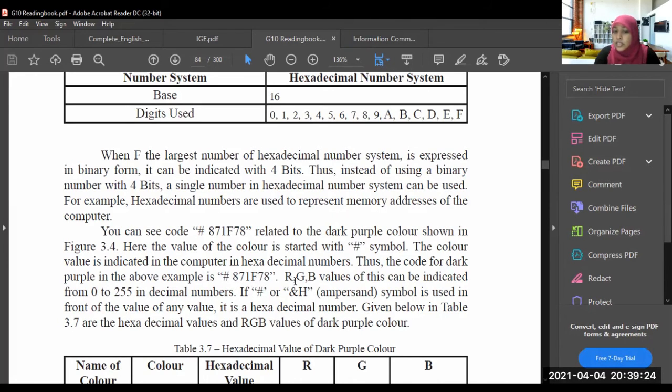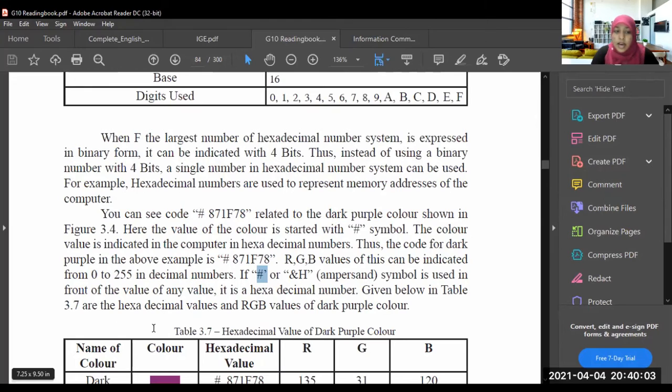#871F78. So, RGB values of this can be indicated from 0 to 255 in decimal numbers. If this hash symbol or the ampersand symbol is used in front of any value, whatever the value, it is a hexadecimal number. You should understand that. Given below in table 3.7 are the hexadecimal values and RGB values of dark purple